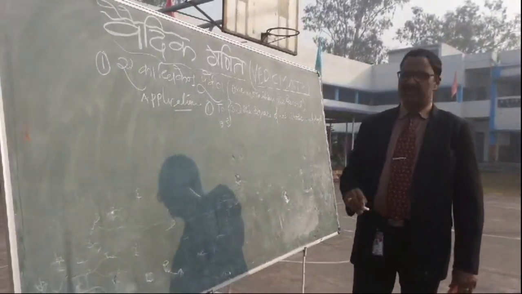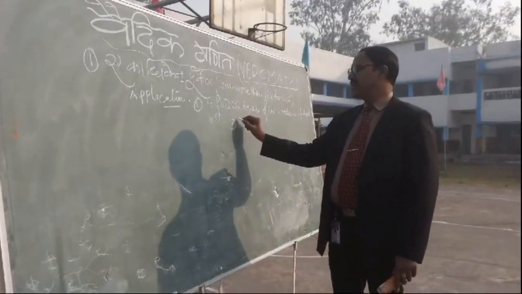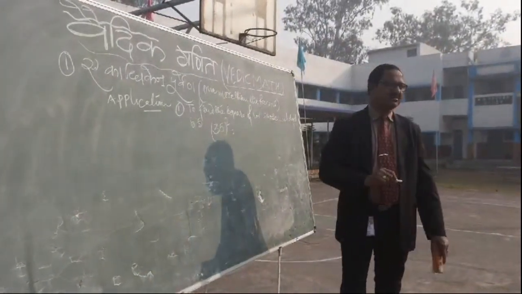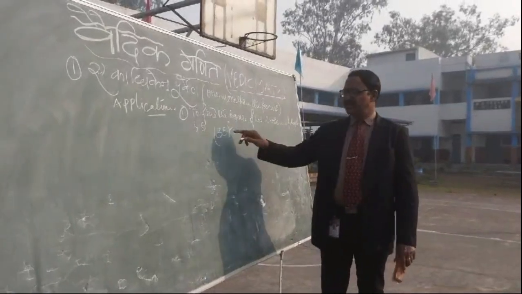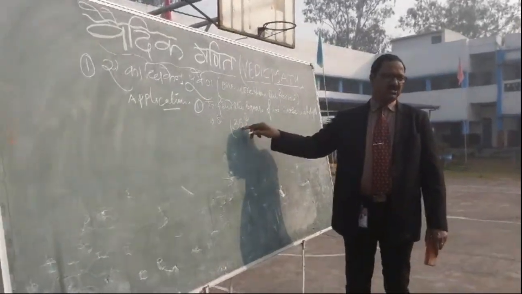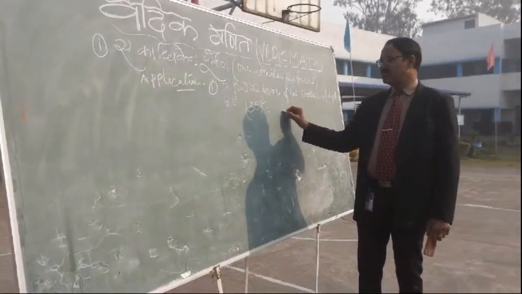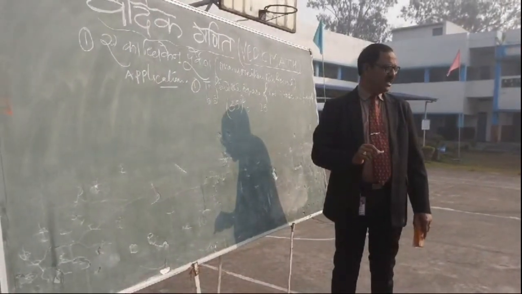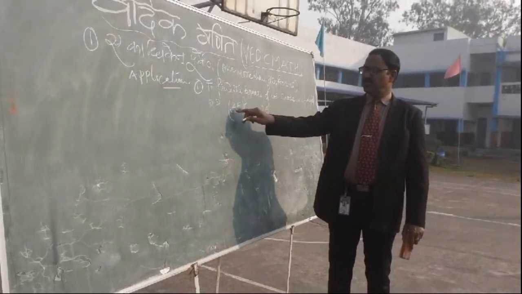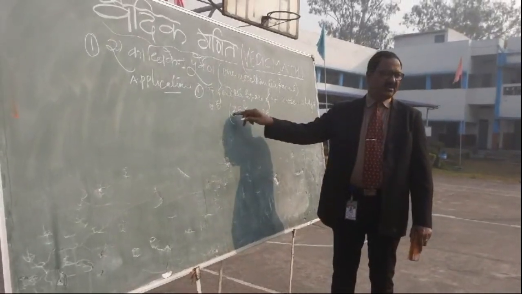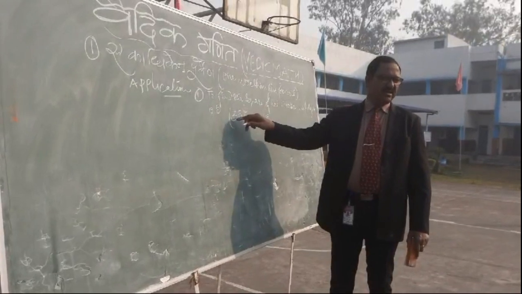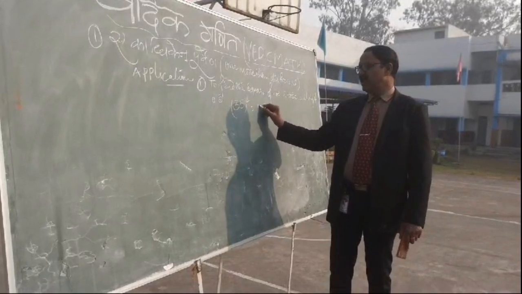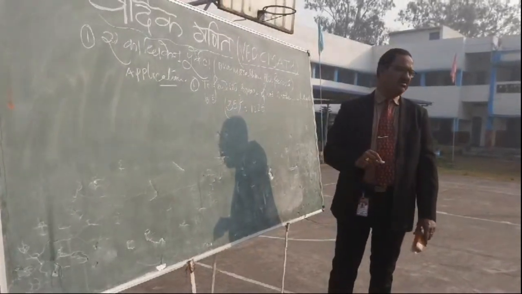Suppose you are to find the square of 35. What should be the answer? 1225. You see here the unit digit is 5. So the square of 5 is what? 25. Since we are using Ekadhikena Purvena, Purvena means this number, that is 3. What is 1 more than 3? 4. Multiply 4 by 3. That is 12. So 1225 is the square of 35.